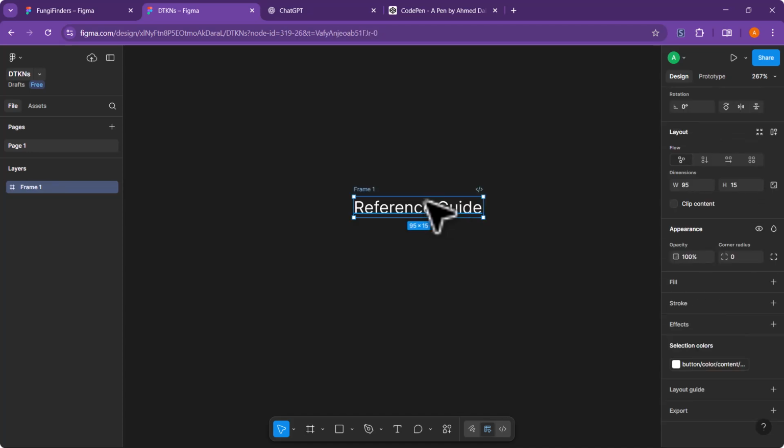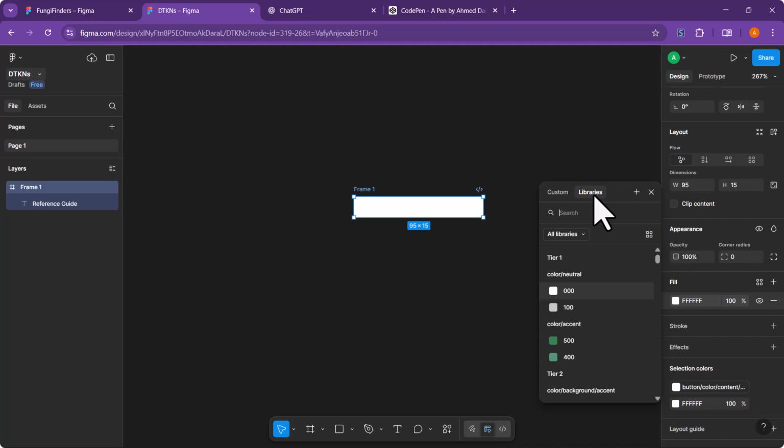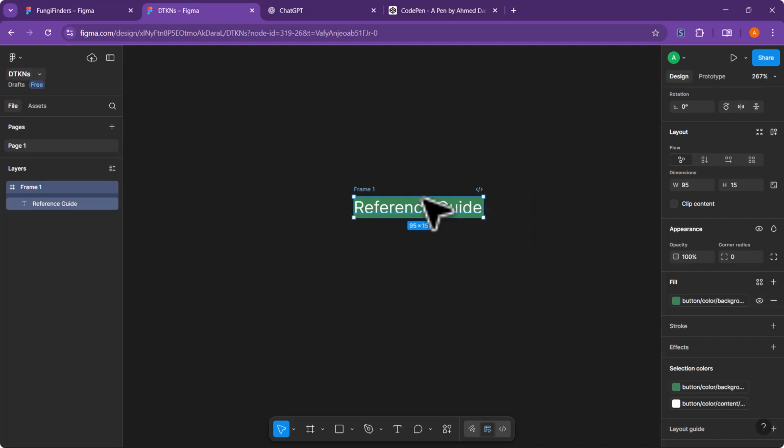Let's create a frame, so we have a frame around our text. Now we want to give the frame a fill, a background color, and we want it to be our button background color. So let's just set button background color, the default color. That's all we have.